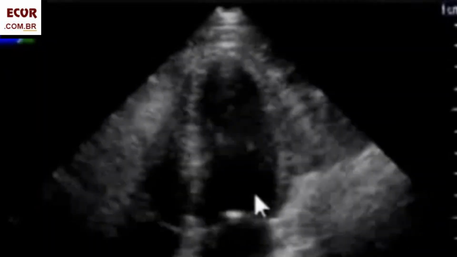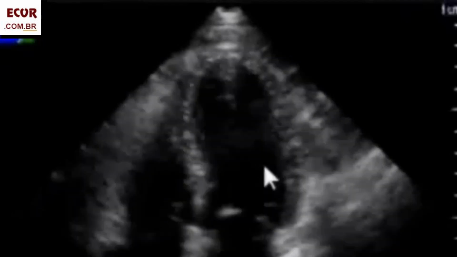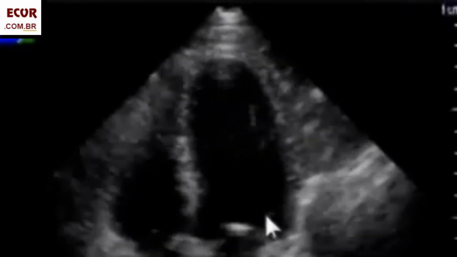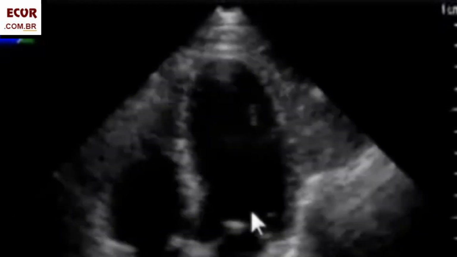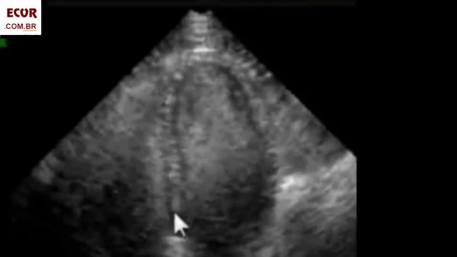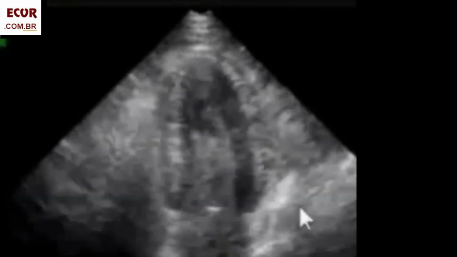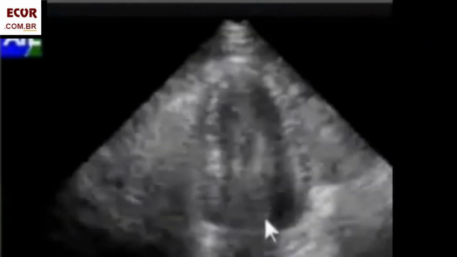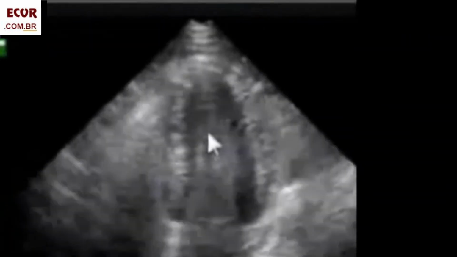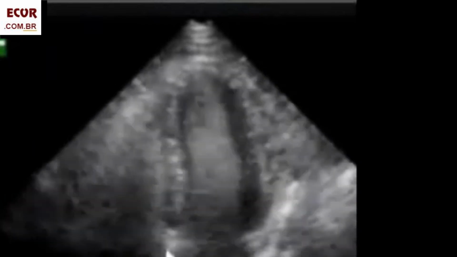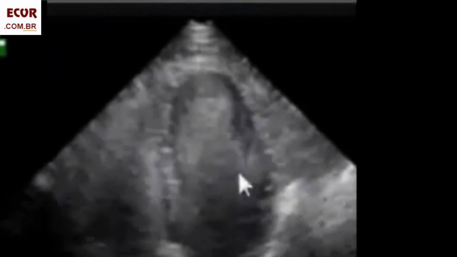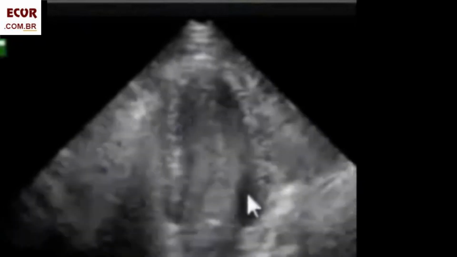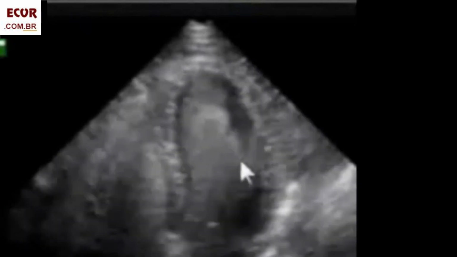But this is a major problem, since in the apical views we may not see where is the endocardium. One of the possibilities to solve this problem is to use microbubbles contrast. Look what happens when we use microbubbles. That structure that we were seeing here is in reality the pericardium. The endocardium is in front of it. See here the endocardium, and the wall has the same thickness as the IV septum and is contracting perfectly alright,